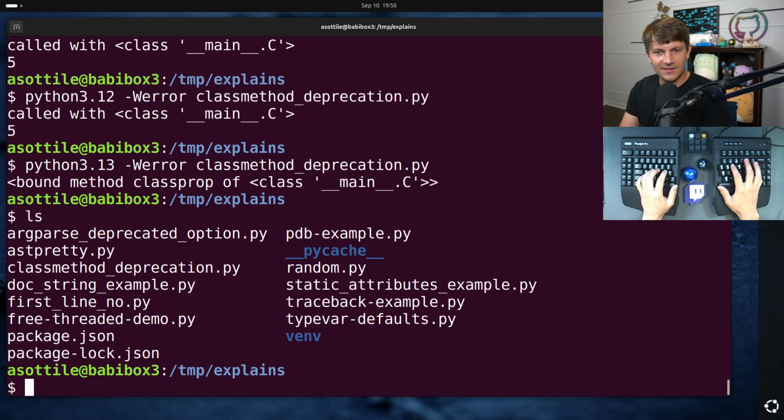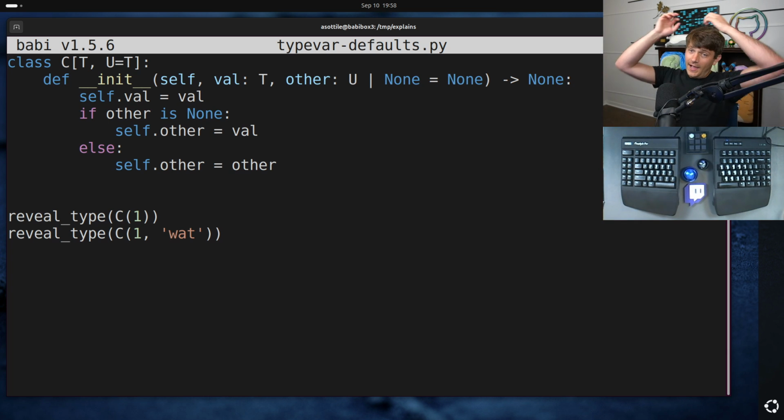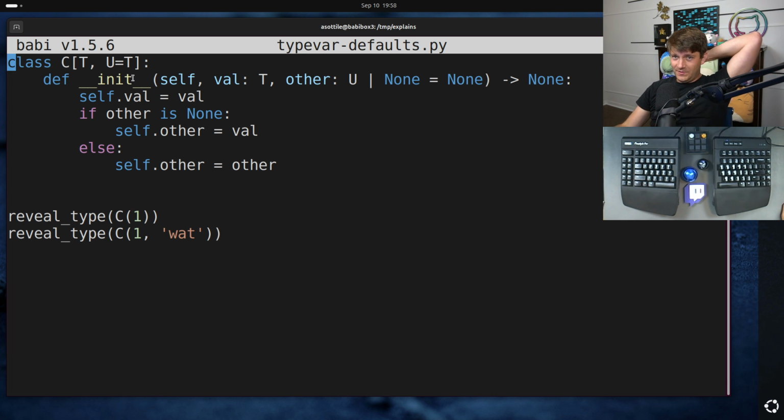And do I have an example here? I do have an example. TypeVar defaults. Basically, type variables can now have a default. If you're using the brand new funky syntax, it's done basically like default parameters. In this case, this is saying I have a TypeVar T and I have a TypeVar U, which defaults to T. Now, mypy doesn't have support for this yet, but this is kind of a silly example